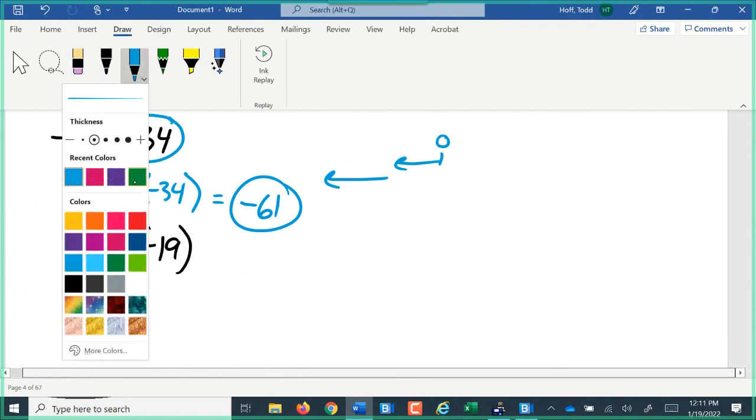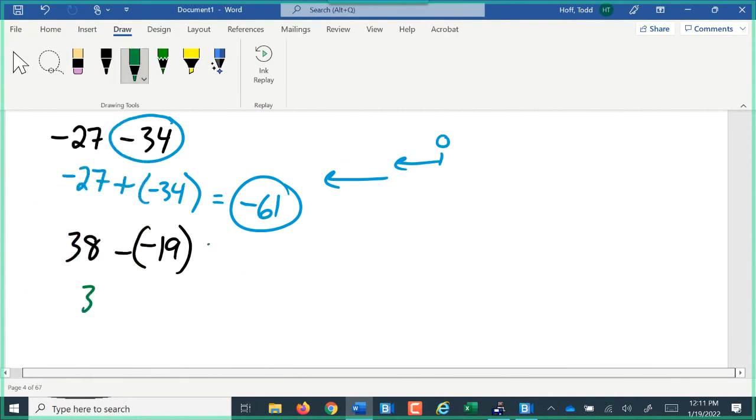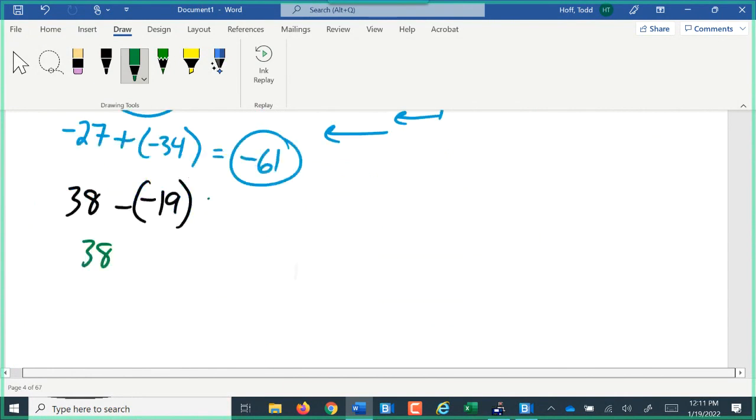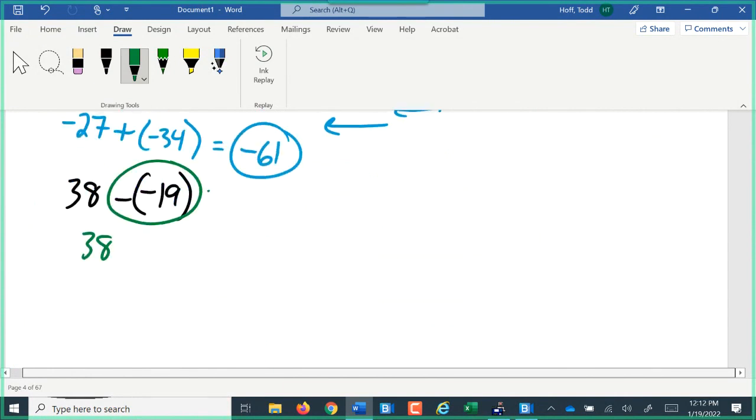Again, the 38 doesn't change. The subtraction operates on what comes up after it. Subtracting a negative 19 is adding the opposite of negative 19, which is a positive 19. 38 minus a negative 19 is the same as 38 plus 19. So,